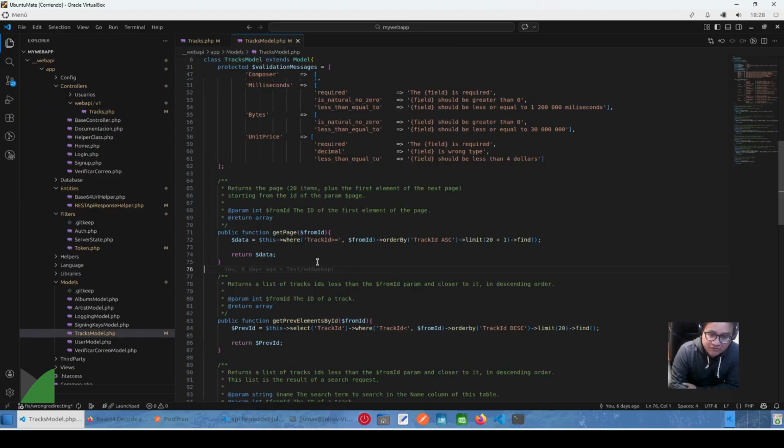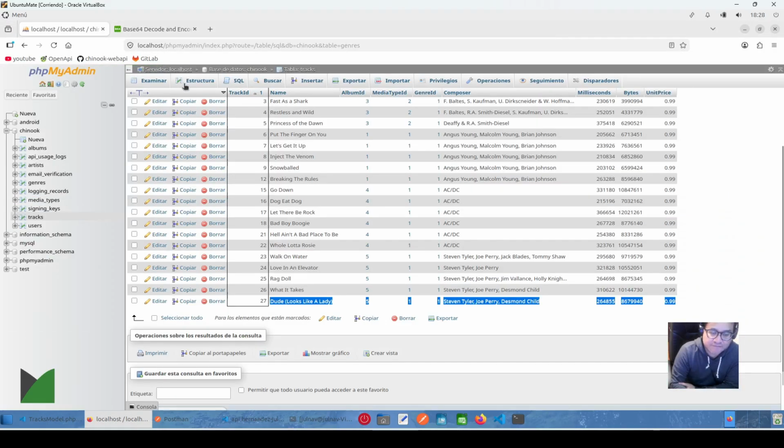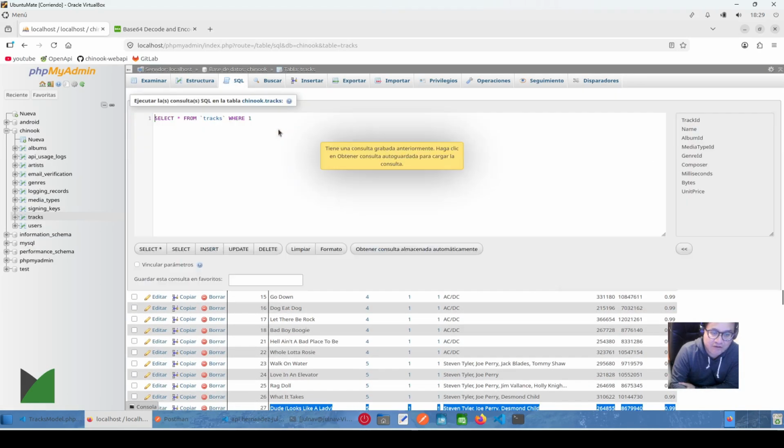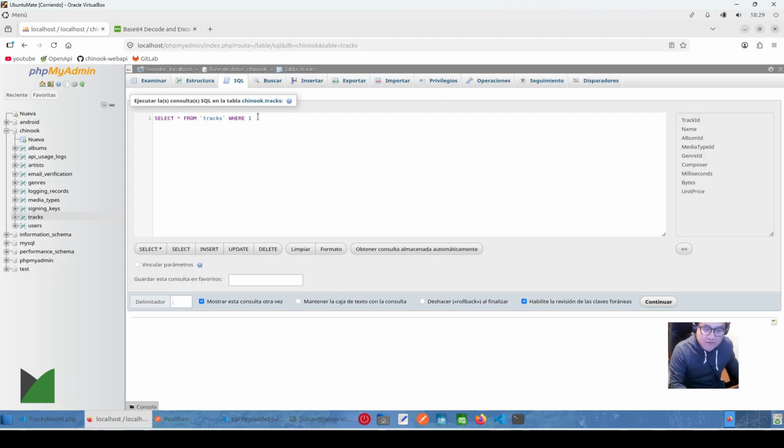let me go to my model. So here this is the page. This is the MySQL query. So let's go here to the database, and let's go here to SQL, and let me copy this code here. So let's paste this here and this here, and this is